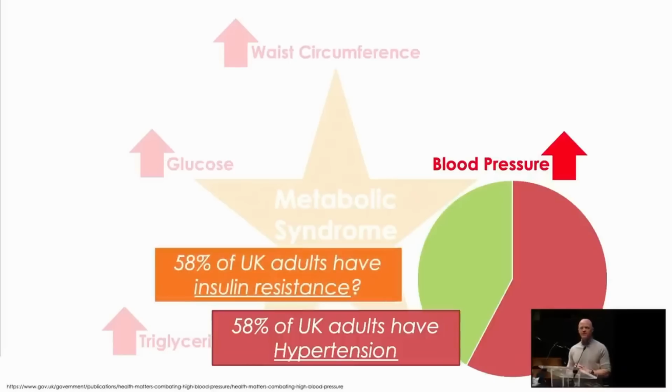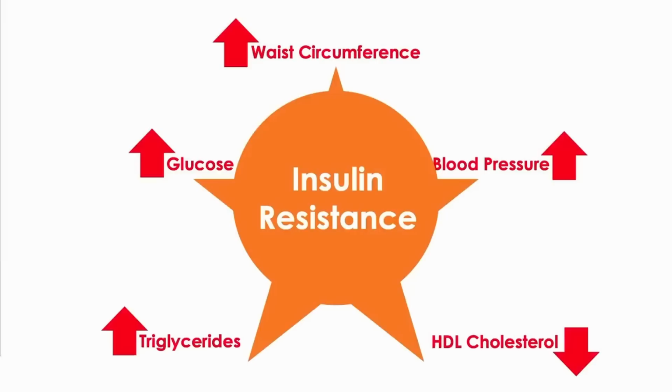So might that mean that 58% of adults within the UK actually have insulin resistance? Now, why would I make that connection? It's because the metabolic syndrome used to be referred to as the insulin resistance syndrome. This is a better title. While the word metabolic is certainly a little sexier, if you'll pardon me for being a little crass, it has a little more of an appeal. Whenever we hear the word metabolic or metabolism, we immediately have our interest piqued. But it used to be called the insulin resistance syndrome.